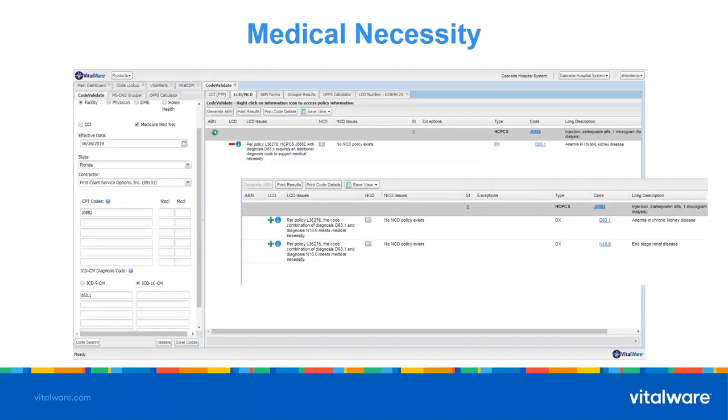So those are just some of the medical necessity too. Let's talk about that. There may be some of you on the phone today that are responsible for